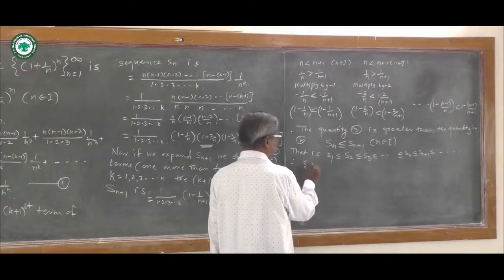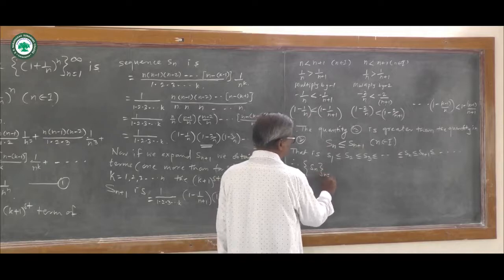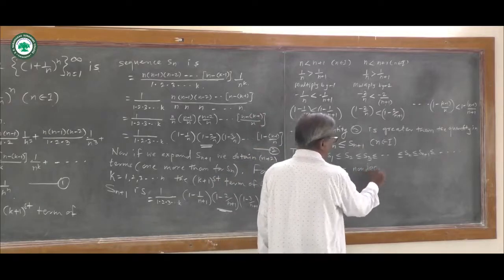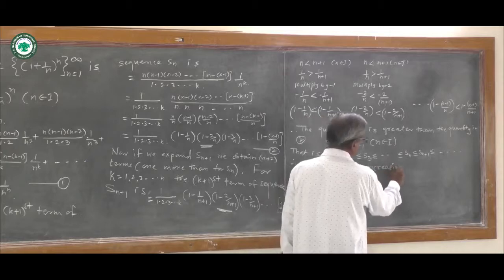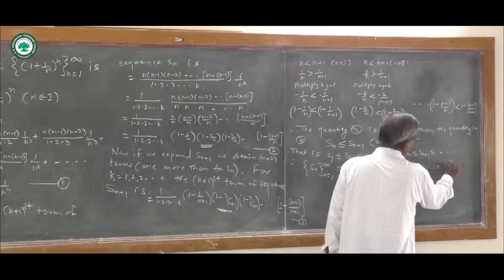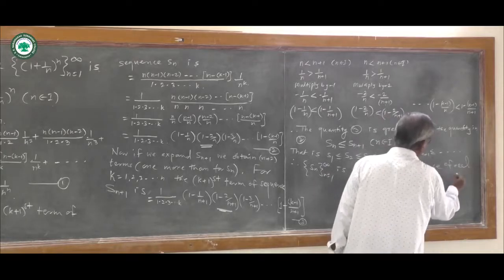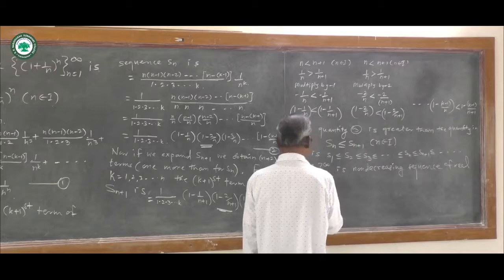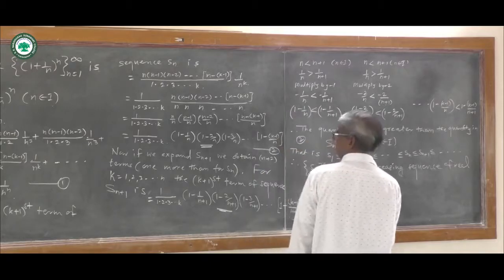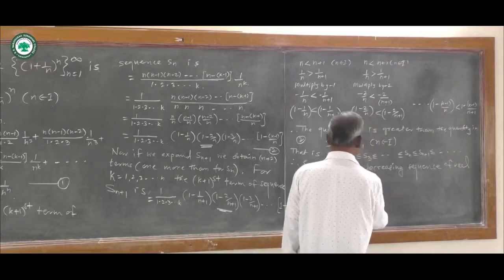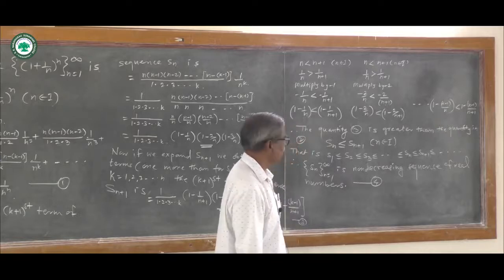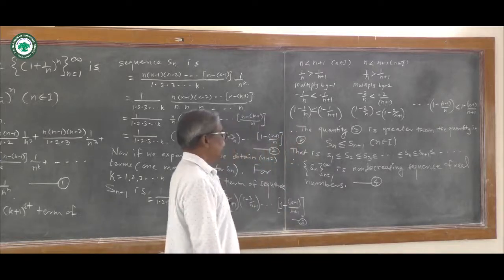Therefore, this sequence Sn, n equal to 1 to infinity, is a non-decreasing sequence of real numbers. This is relation 1, 2, 3, 4. This statement is 4. Sn is non-decreasing. Now